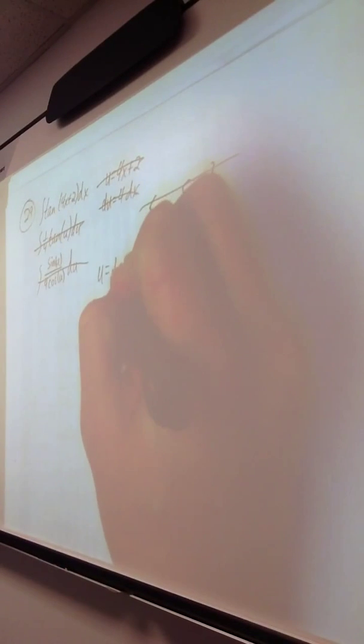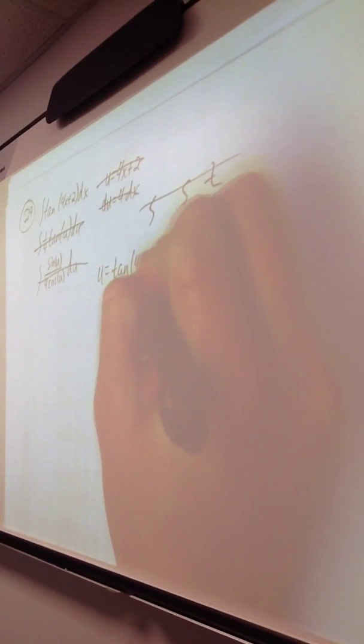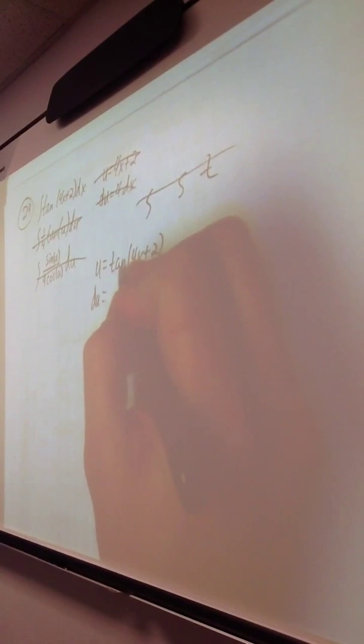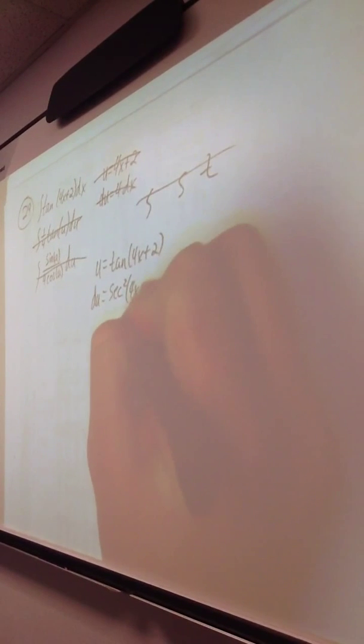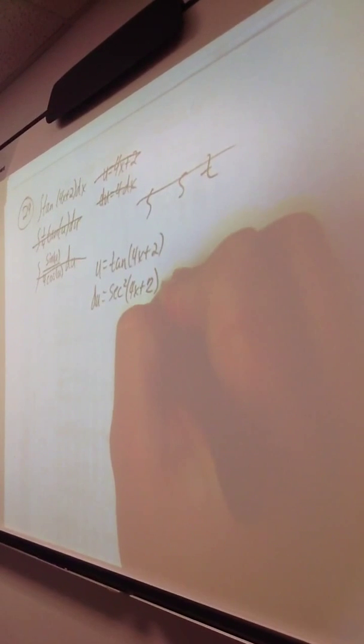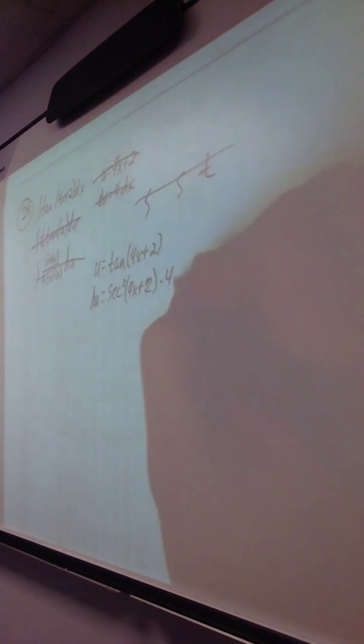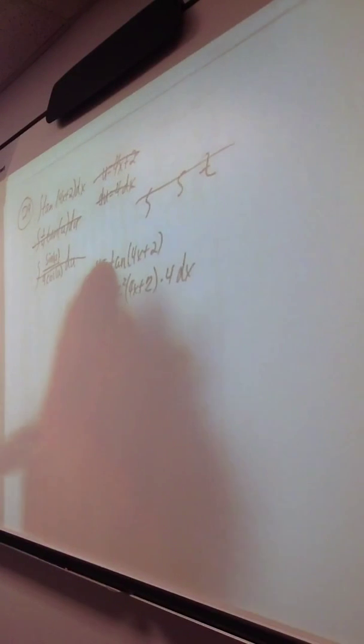And then, see, you kind of just go through this. So it's like, oh, I'll try u equals the tangent of 4x plus 2. Well then, du would equal secant squared of 4x plus 2 times the derivative of 4, dx. Well, then I thought, okay, if I plug that in, nothing's really going to go away, because